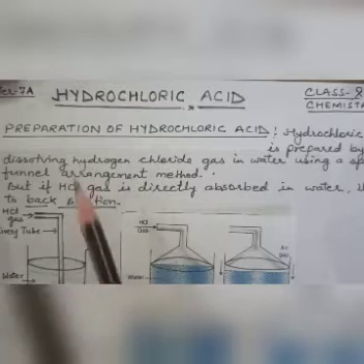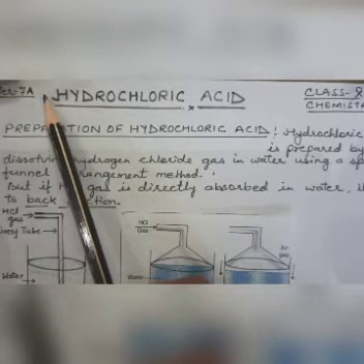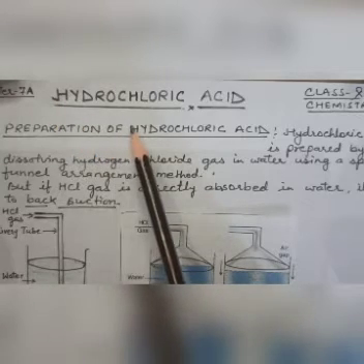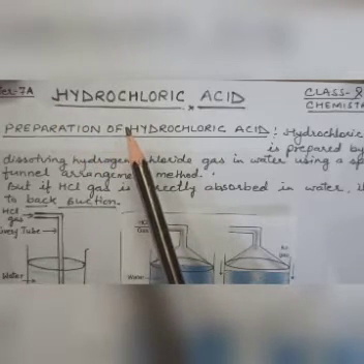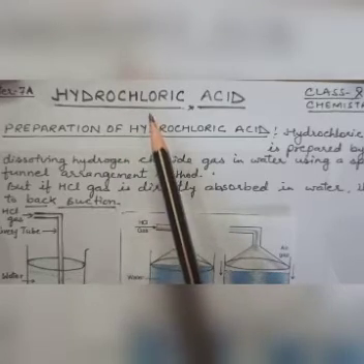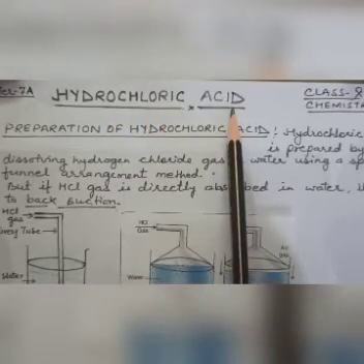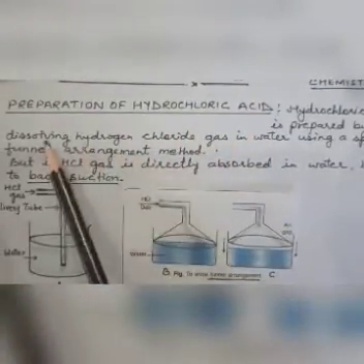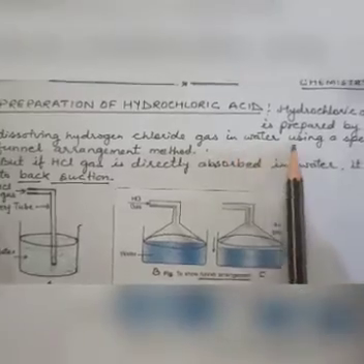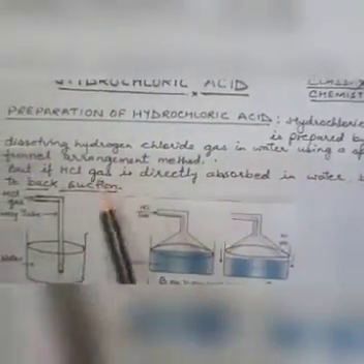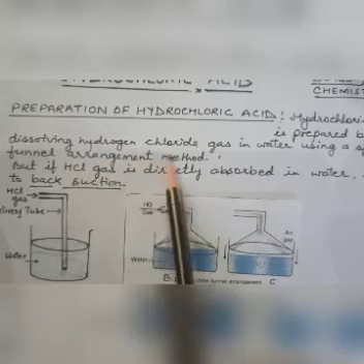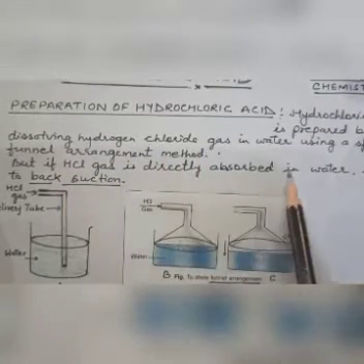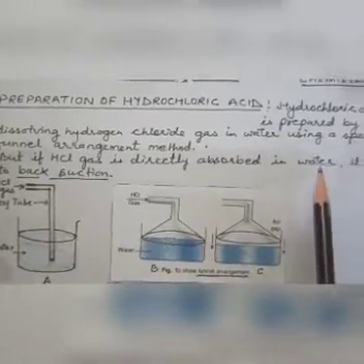Let's continue chapter 7a, hydrogen chloride gas. We have already discussed hydrogen chloride gas in its properties and its preparation, right? Let's start hydrochloric acid. Now, hydrochloric acid is prepared in laboratory by dissolving hydrogen chloride gas in water using a special funnel arrangement method. But if hydrogen chloride gas is directly absorbed in water, it leads to